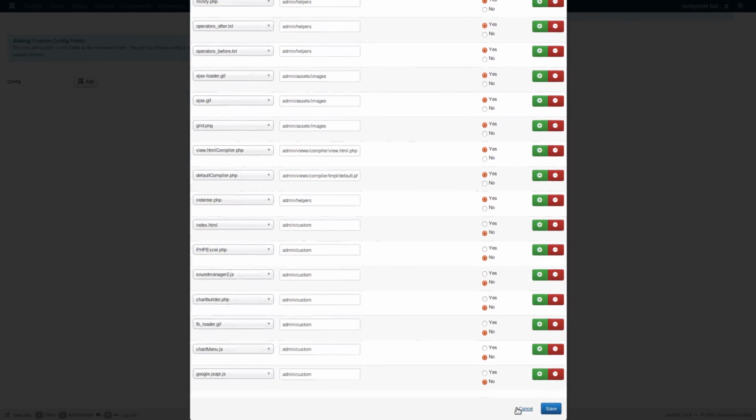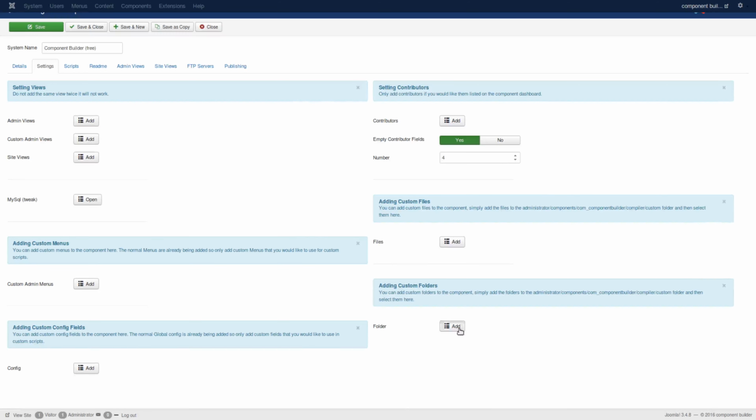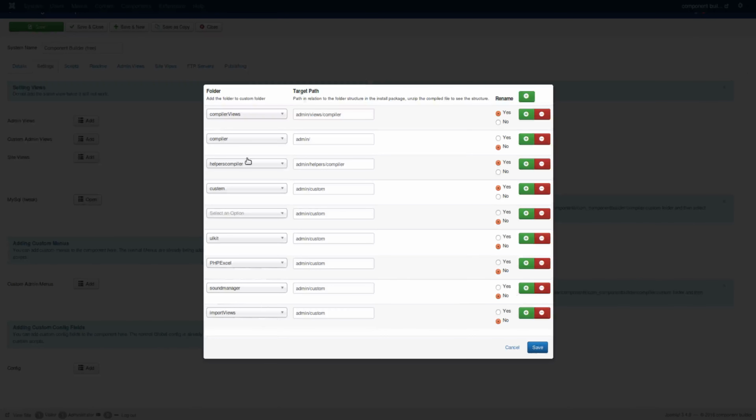Oh, you know what? I took all the compiler files and I put them in a folder called compiler. There it is. It's a folder which moves all the files at once. That obviously can also be done. Like for example, as you see here,